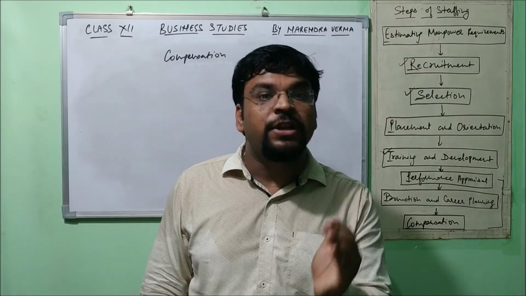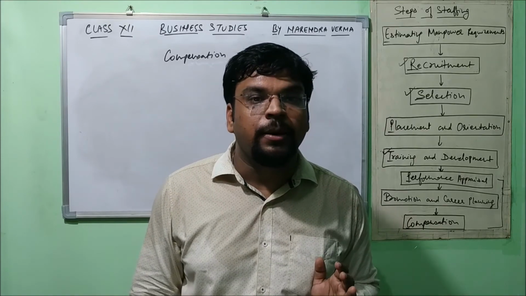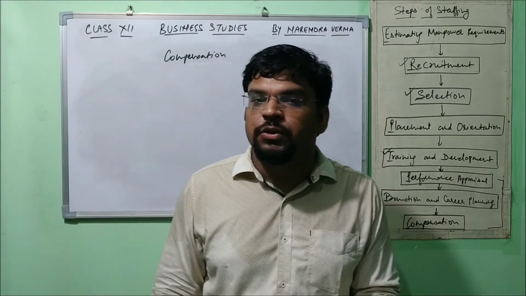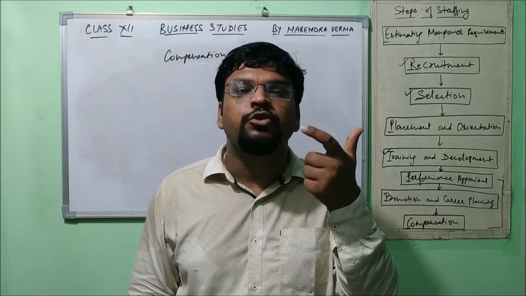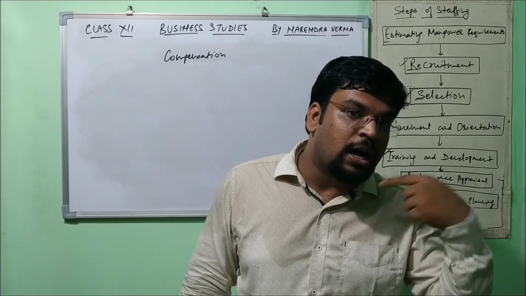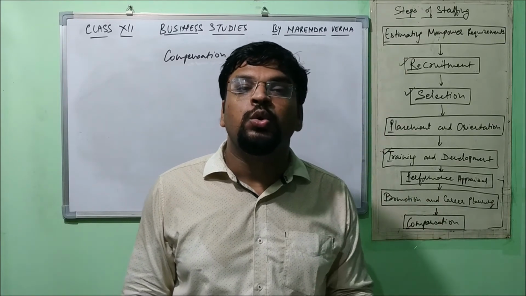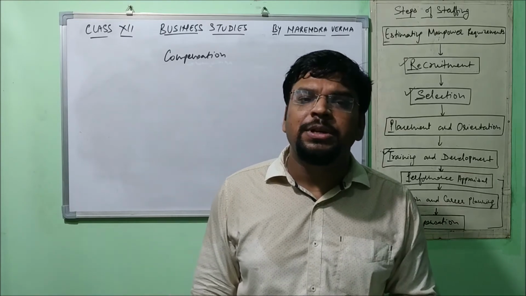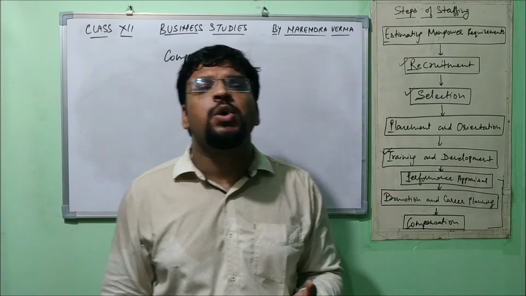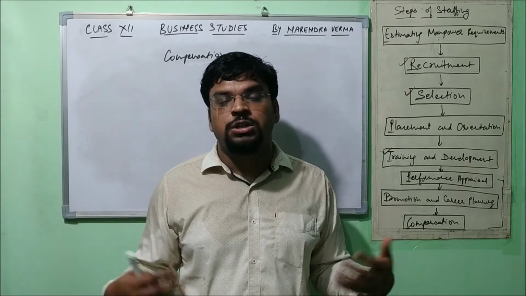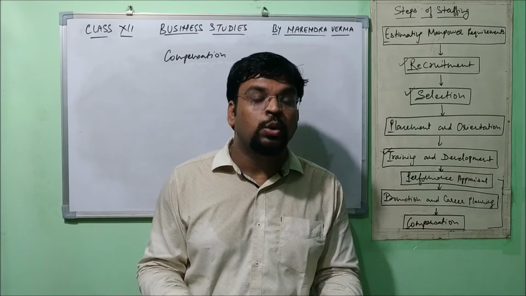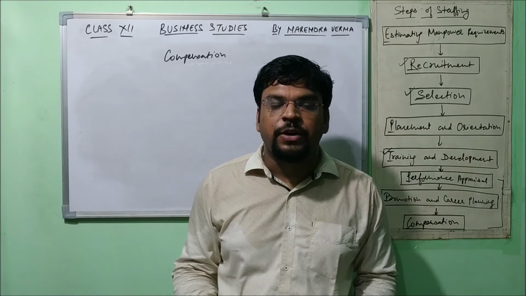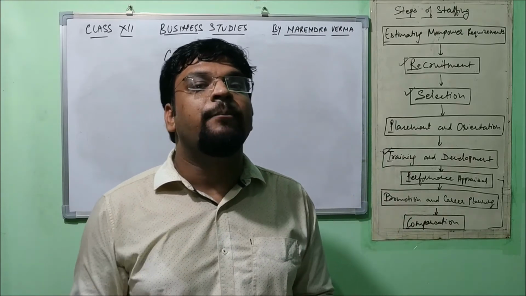This compensation can be there in two forms. One, direct financial payments, meaning salary, wages, incentive, commission. That is what direct financial payment means, which comes in terms of money. But there is another way also to provide compensation, which is known as indirect payment. Indirect payment means, for example, an employee has got a rent-free house. He is not required to pay the rent, so that is also a benefit. That is a non-financial benefit, but it is a benefit, and it will also be counted in compensation.